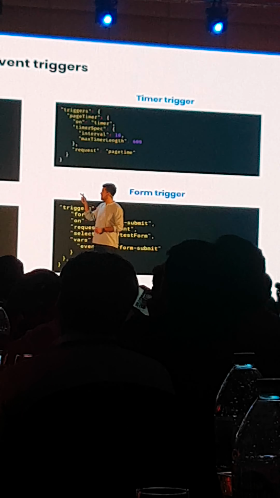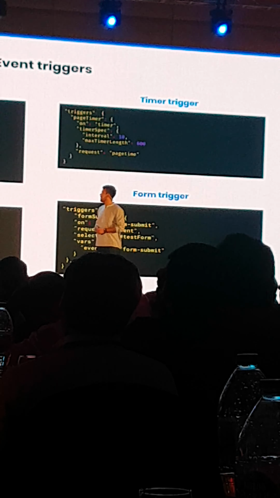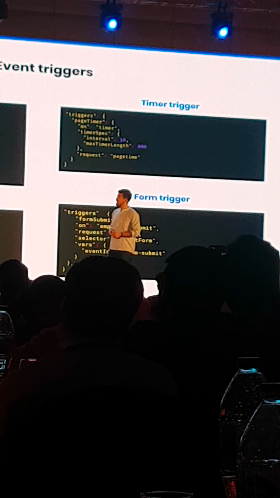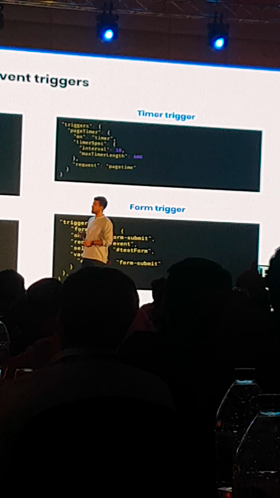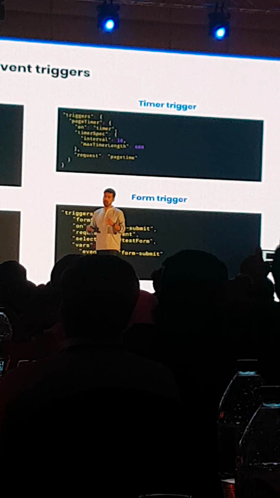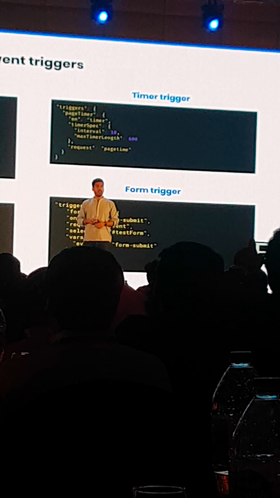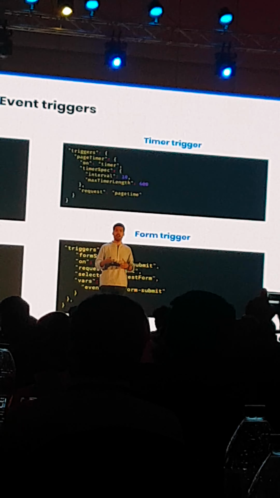Then request event, and I can include some variables there. That will give you a request once the user clicks on that anchor link or on that call to action ID. These are some of the triggers that we support, and it's just an overall example, but there are others that you can probably